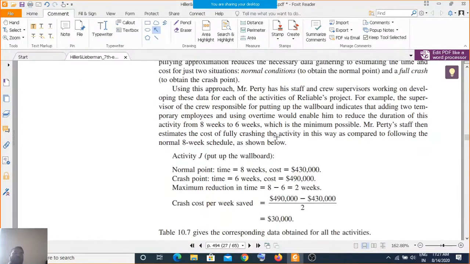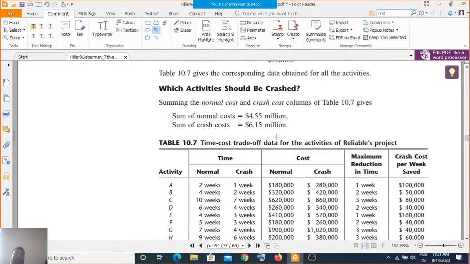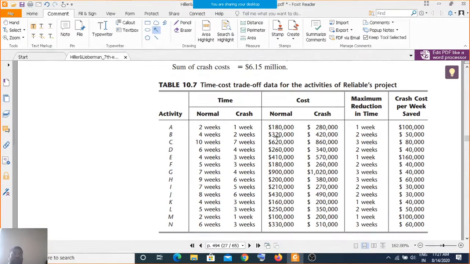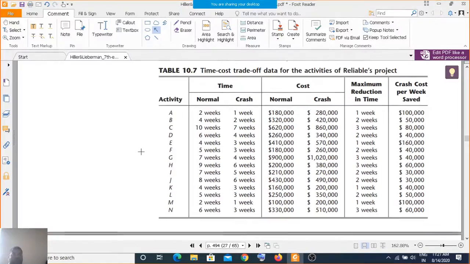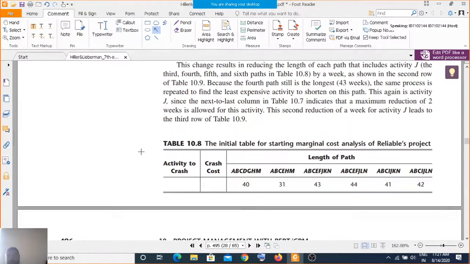Crashing means you have to complete your work before time, not on time or after time. For example, in TAE2, the presentation you have not done yet. If you see the PERT table, normal time required is 2 weeks, and crash time means the job is finished within 1 week, that is optimally. So you actually saved this crash cost per week, and you got more profit. This is the crashing concept that we discussed.